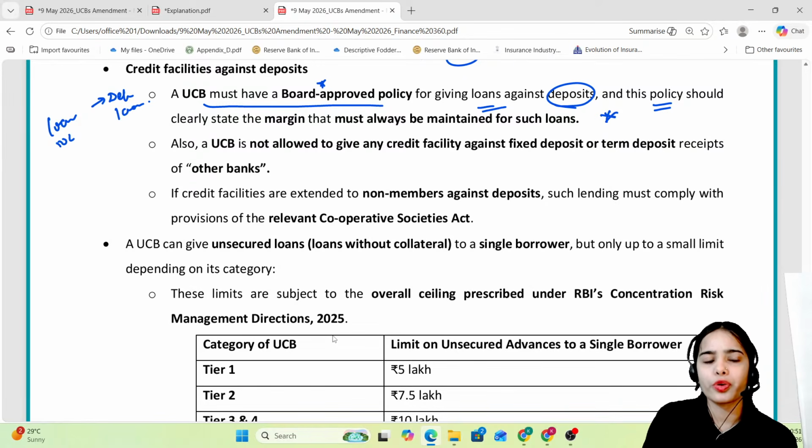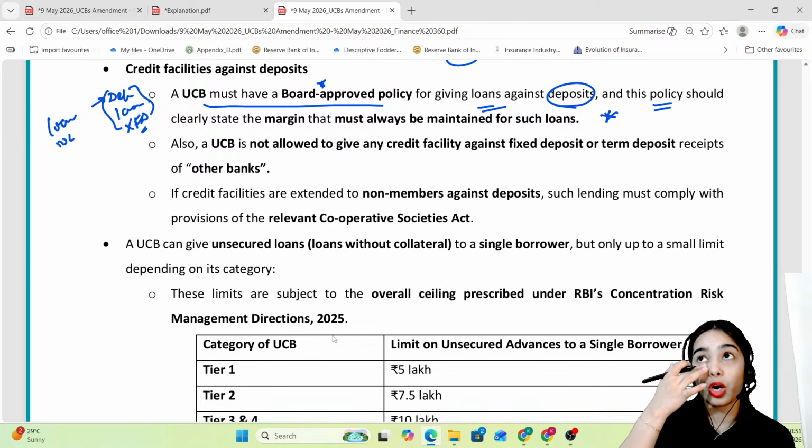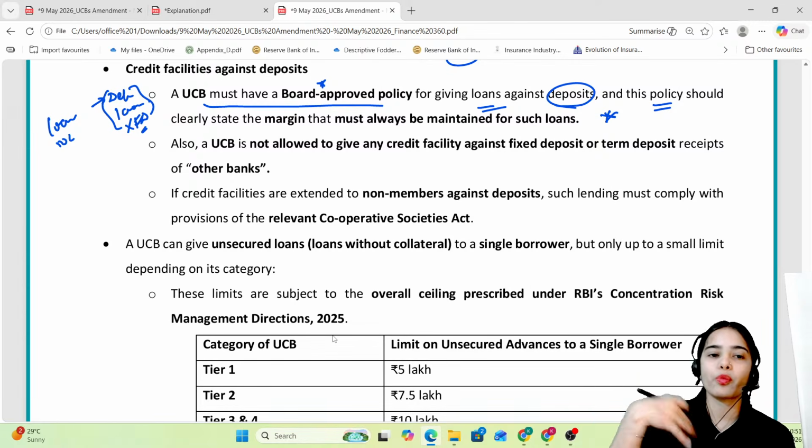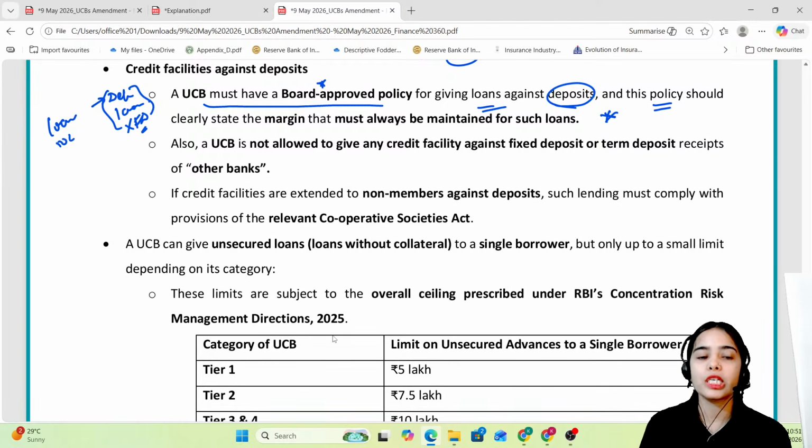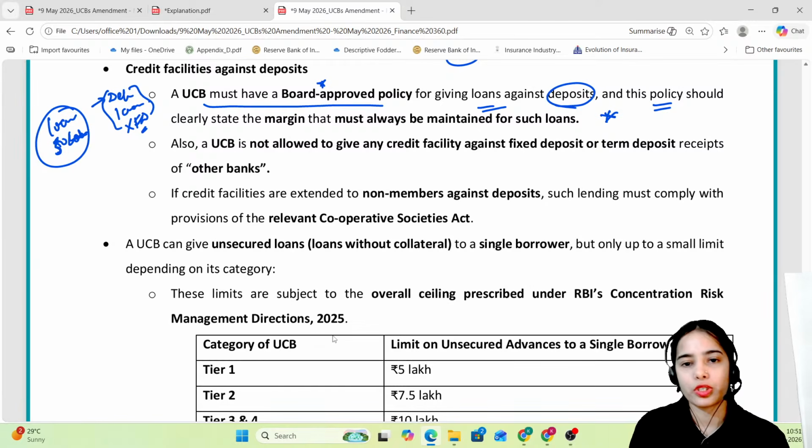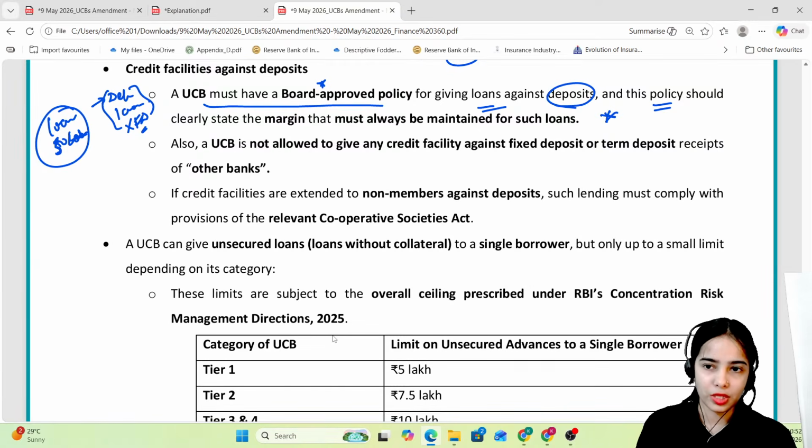lakh, or if you want to take a loan because you do not want to cancel your fixed deposit, you do not want to take out the money from the fixed deposit. So let's say rather than closing your fixed deposit and facing the lesser interest rate and such, you are taking the loan because you need the money. So rather than breaking your fixed deposit, you have taken the loan of 50 lakhs against this fixed deposit. Okay, so this is the idea, that the urban cooperative bank can provide the loan against the deposits, and this